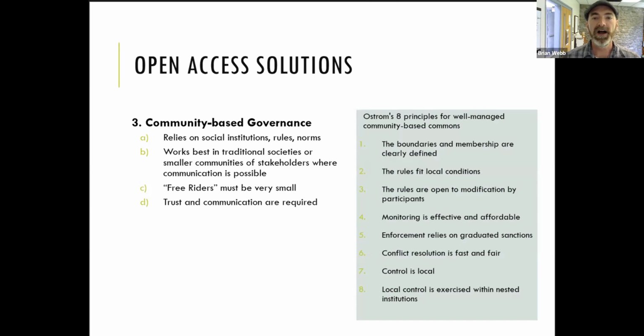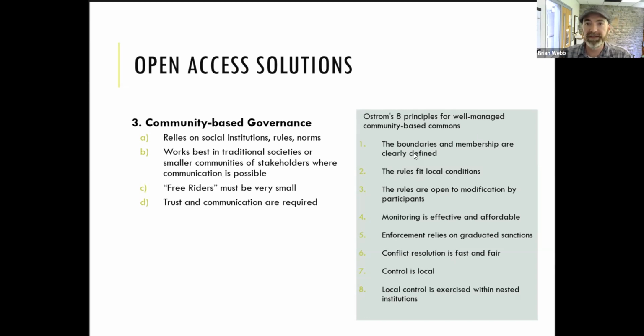Now, in your reading, Ostrom listed out 8 principles for well-managed community-based commons. She was particularly interested in these kinds of examples, these community-based governance, because there are some great examples. Hardin completely overlooked this. He didn't list this at all as a solution to the commons. He only saw regulation or privatization in there. Ostrom put out that this kind of community-based governance of open access resources has been done for centuries and has worked very effectively for a long time. And she listed out 8 specific characteristics of that.